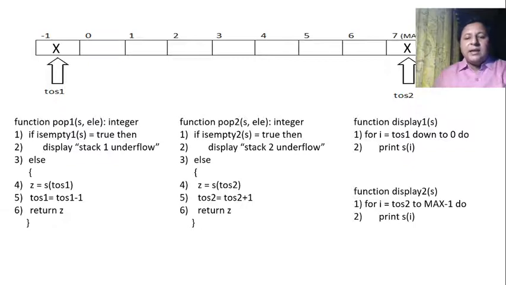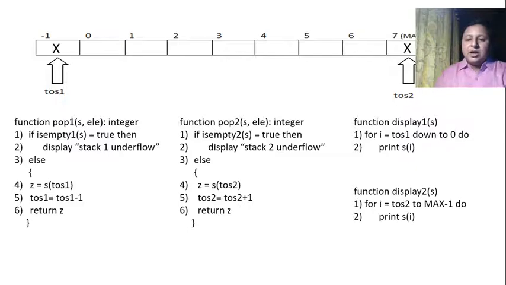Now display. Again, I have two stacks in a single array. So if I want to display the first stack, again, checking isEmpty and all will be there. So have a complete idea how the first program was done, and accordingly you should do the detailings here. I had just given you a brief. So the main part is, how do I display? See, from 0 I'm going to start, I'm going to come up to a particular level which is pointed by toss1. So if I want to display in the same style, the way they're going to get popped, then I'll start from toss1 and I'll go the opposite way up to 0. So for I equals toss1 down to 0, if I print s of I,